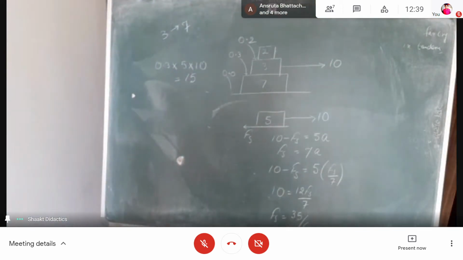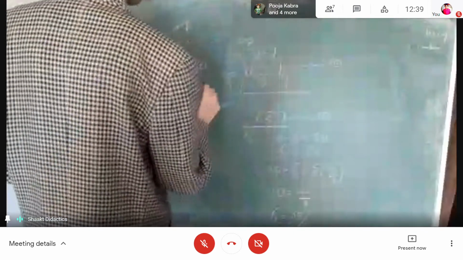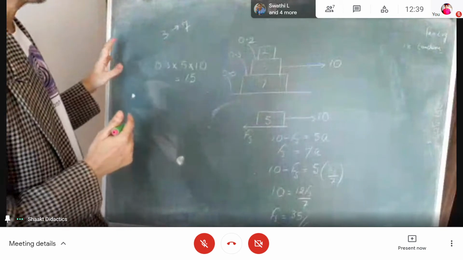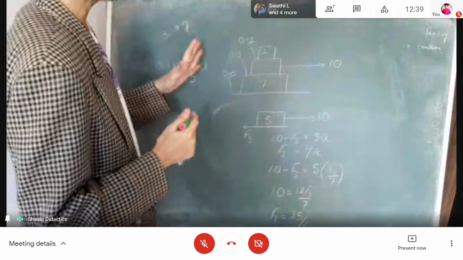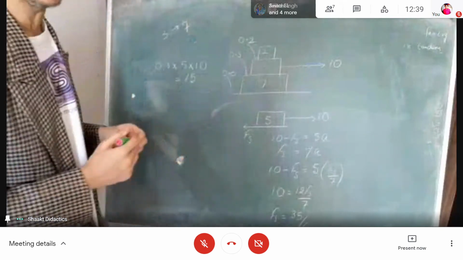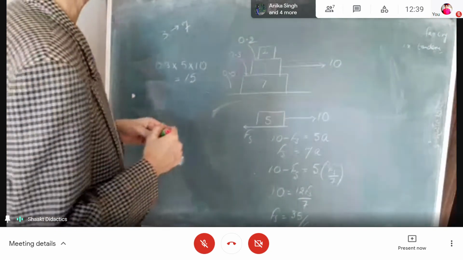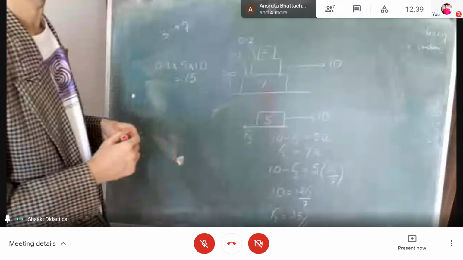What are you then to say about relative motion between 7 and 3? There won't be any relative motion. Why? Whatever was required is well within the height of Fs maximum, correct? Yes, sir. Therefore, it will easily provide no relative motion between 7 and 3. Got it, class? Yes, sir. Now I shift my focus to 3 and 2. Clear, class? Yes, sir.